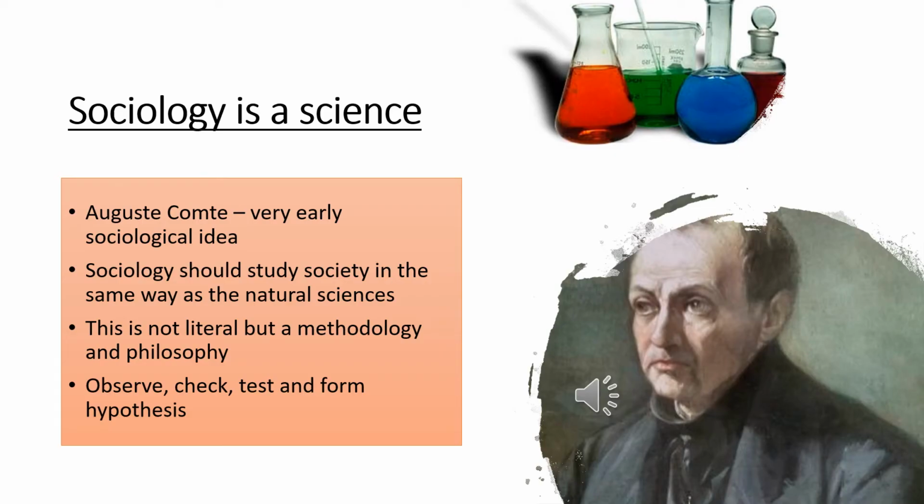Sociology is a science. Now you may be thinking of the scientific method, and that's good because that's what should be in your mind, and you may be thinking of Durkheim, but actually Auguste Comte came up with this idea, and you could see him as maybe a forerunner to sociology rather than a sociologist perhaps, but Comte had a massive influence, huge intellectual presence in Europe, and he talked about the idea that sociology should study the world like science studies the world. So if you think of biology, chemistry, physics, and the scientific method,